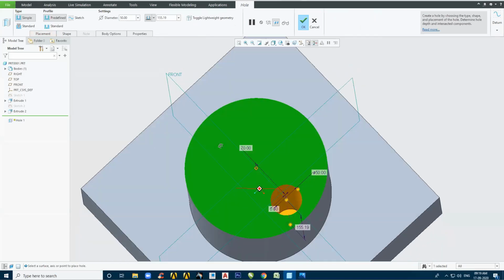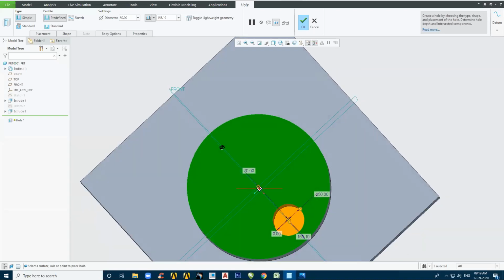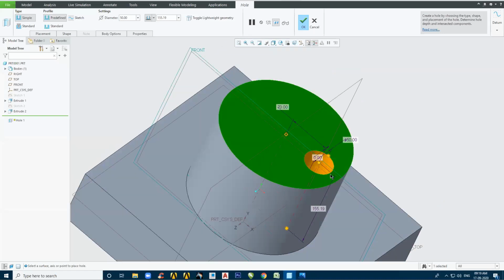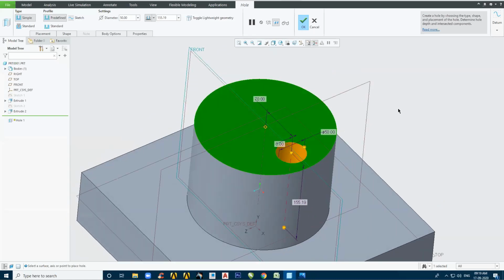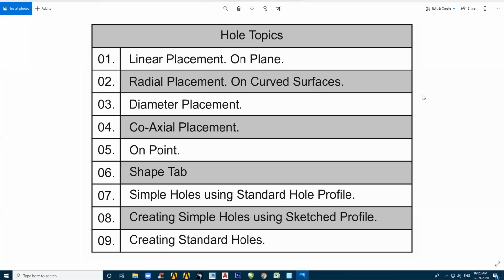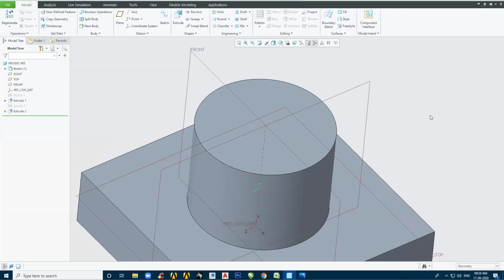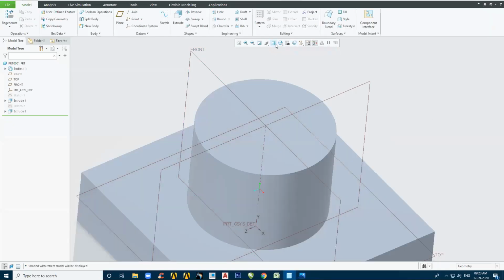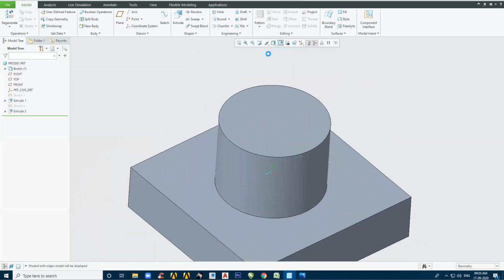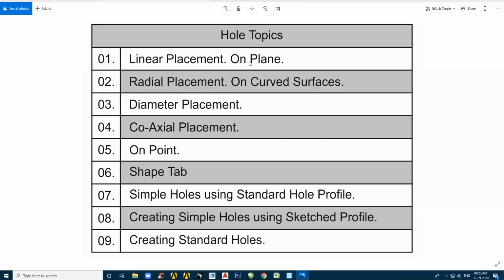Got it, guys? So in the top view it is something like this. It is lying on this quadrant point. From the center the distance is 70, and this reference we gave it as 0. Got it? Yes, sir. So linear placement का मतलब ये भी हो जाएगा. It can also be like this. Fine. Now we will shift to next placement. You understood everything about linear placement, right? Nothing has to be repeated.